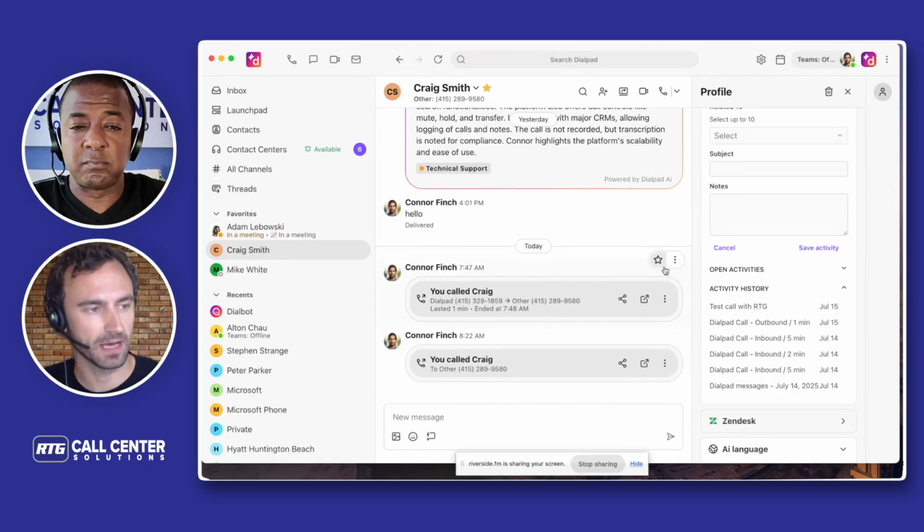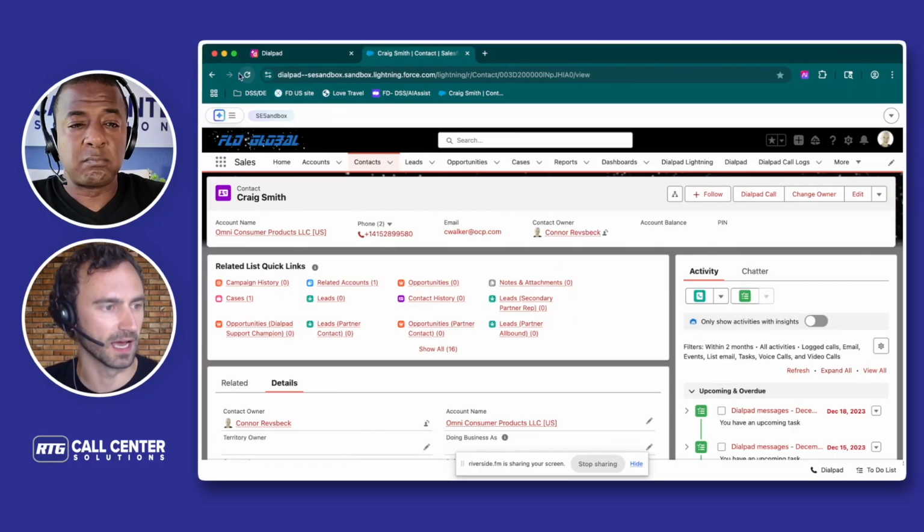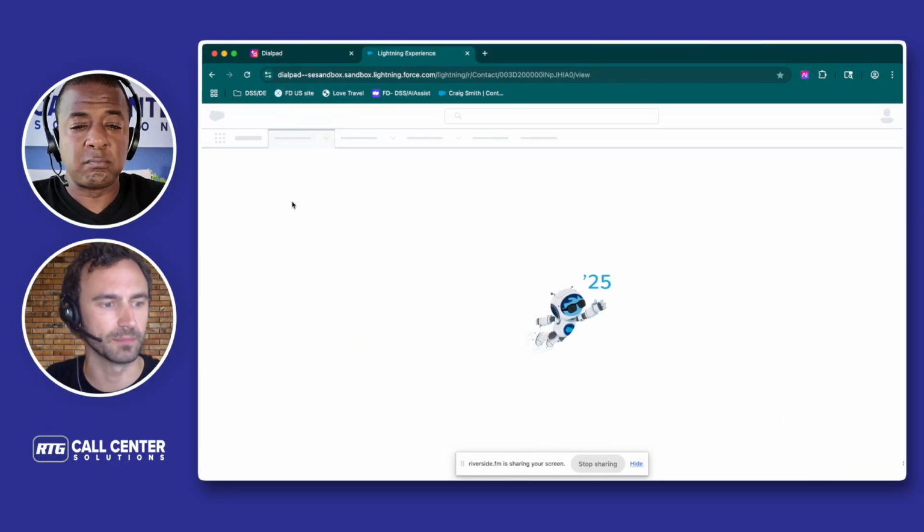Everything's immediate on the Dialpad platform, so there's no having to go back and log. This all would automatically log out of the box if I want to put my own custom subject in. But let me grab my browser and then refresh. I have Craig's contact page already pulled up here. And I'll go through another call and workflow, but I do think it's important just to highlight the immediacy of all of these